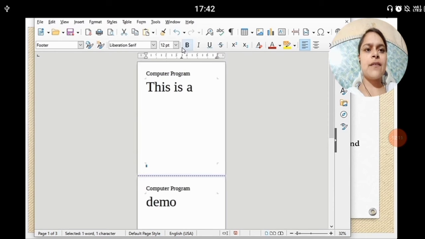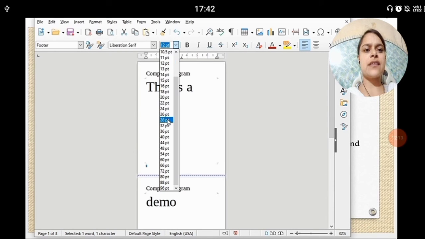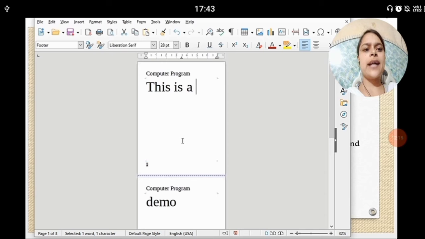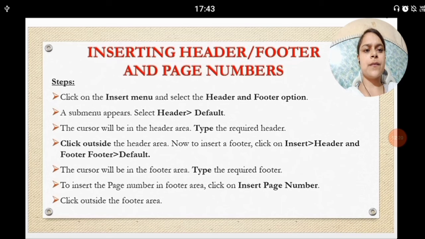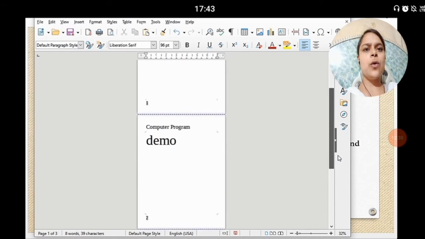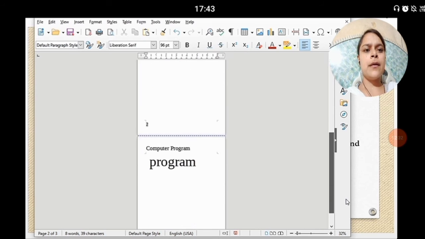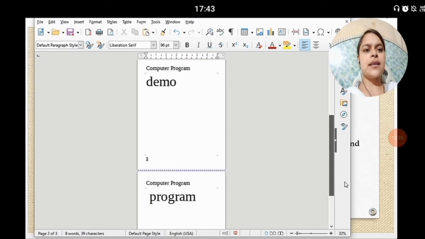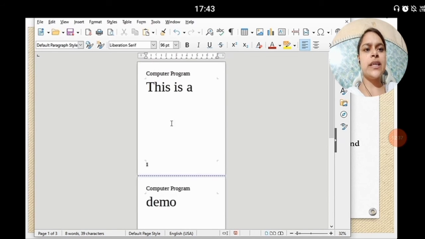We will select our text and change the size so that it will be easily visible. You can see on each page the number appears in sequence 1 to 3 and the heading is the same on every page. Thus we can provide header and footer.